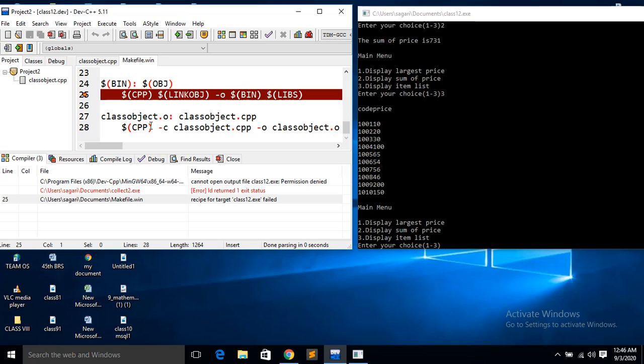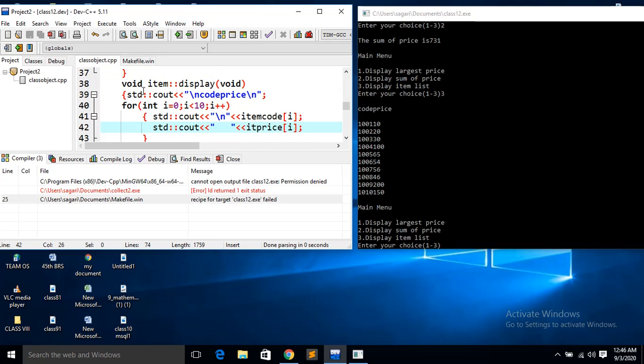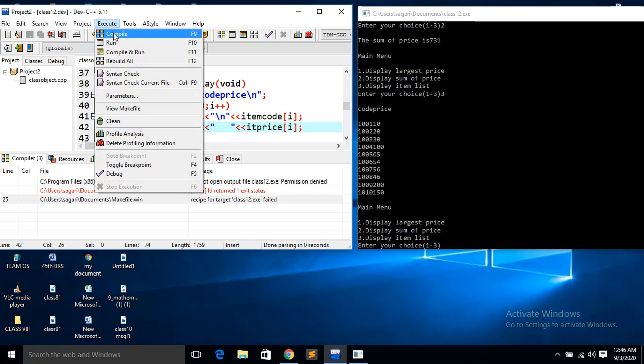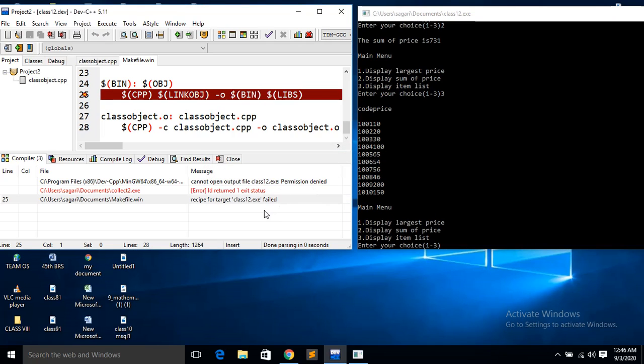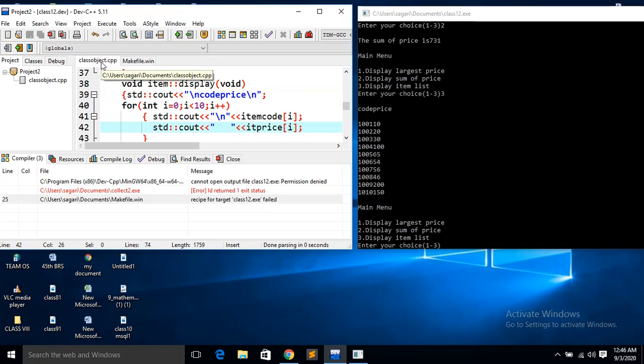Now here what is it coming? Oh, that means it is being output, here it is given.